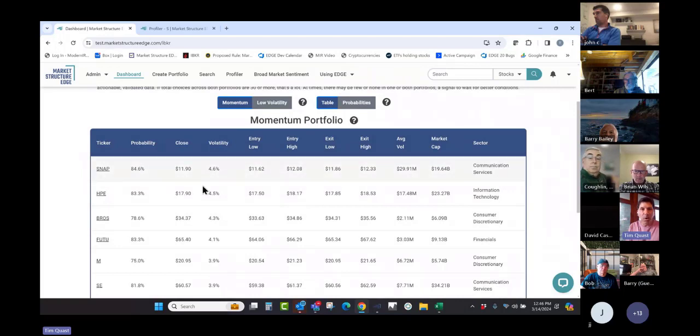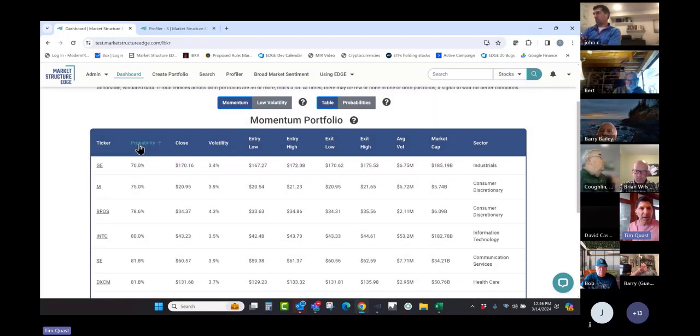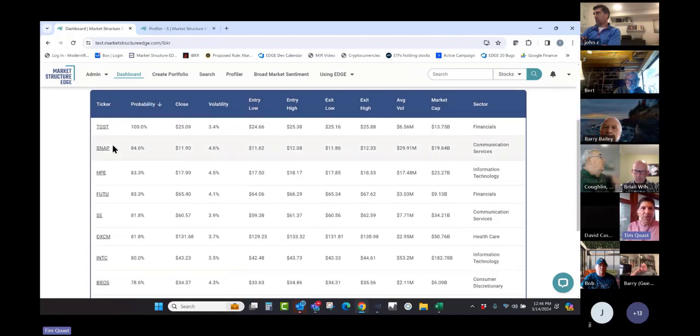So it's going to give you the one with the most volatility at the top, but you can sort it by anything. So I'm going to sort by probability. Now we have toast. In the trailing data, 100% of the time when these conditions existed, keep in mind, options are expiring, you would have a probability of making 2% and it would come true. Doesn't mean it will this time. So, you know, past performance, no guarantee of future outcome.